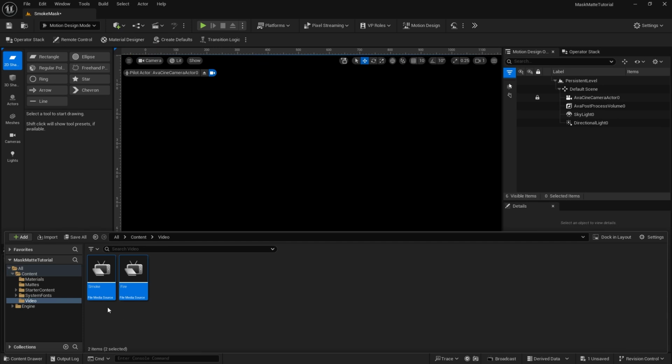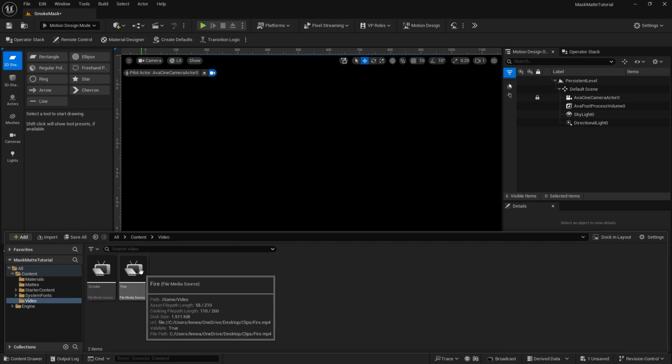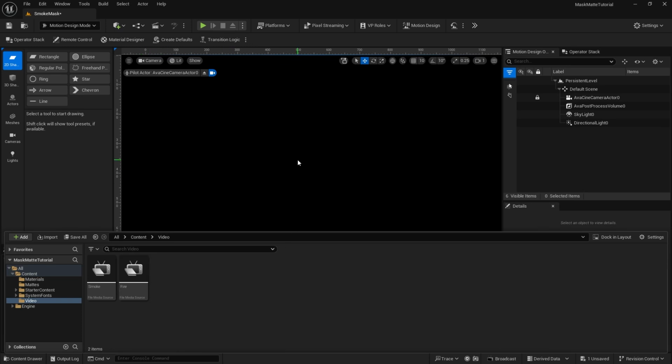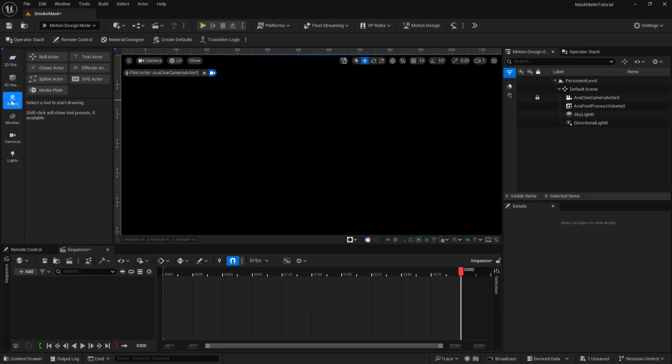And you'll see now that they are labeled as a file media source. These will be added into the media plate. Now there's a couple of ways of doing this. I can grab this, drop it in, and it's going to go ahead and drop it into a media plate. That's real simple. I'm also going to show you how over here in actors, I'll bring up the actors, and